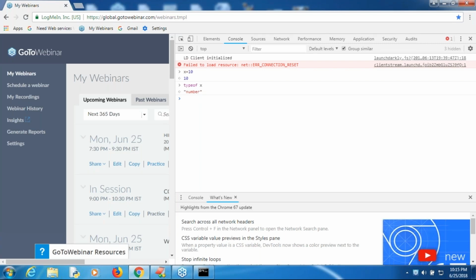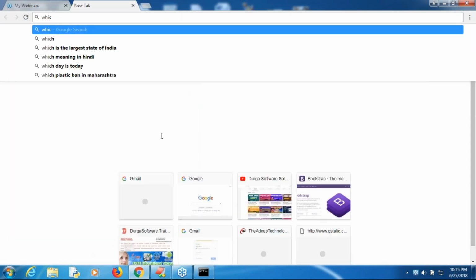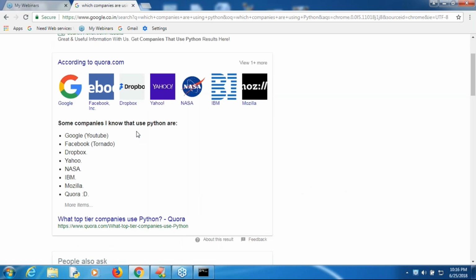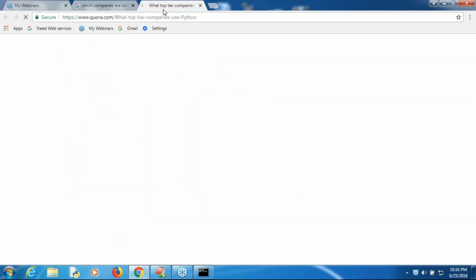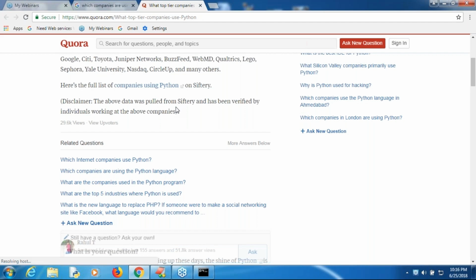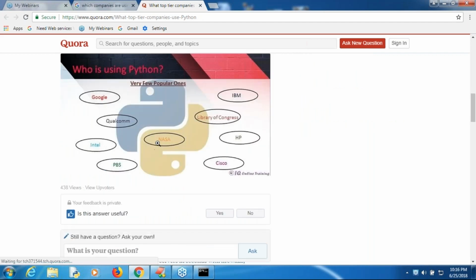According to Quora.com, some companies that use Python are top-tier companies. Do you know Google, Qualcomm, Intel, PBS, NASA? After that IBM, HP, Cisco.